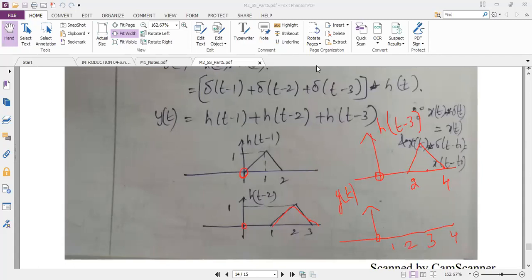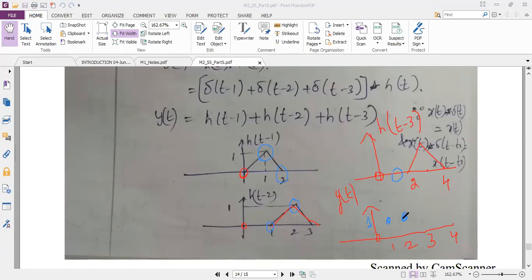So now let me check at 1. At 1, I can see here my amplitude is 1, but I do not have any amplitude here. So 1 plus 0 is 1. Again here 0, so plus 0. So amplitude is 1 only. Here I will mark the amplitude 1. Okay. Now then at 2, let me see here. First diagram I have 0, but second diagram I have 1 and third diagram I have 0. So again at 2 my amplitude is 1.